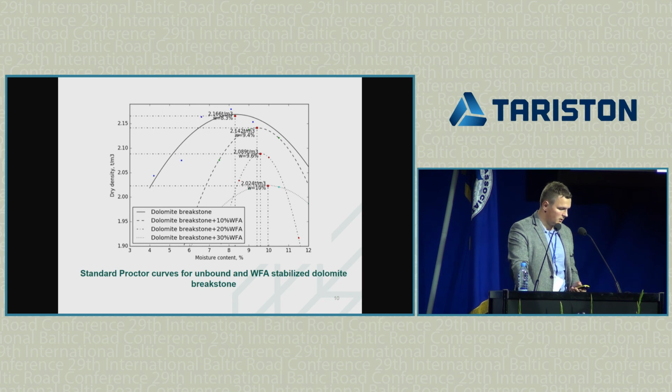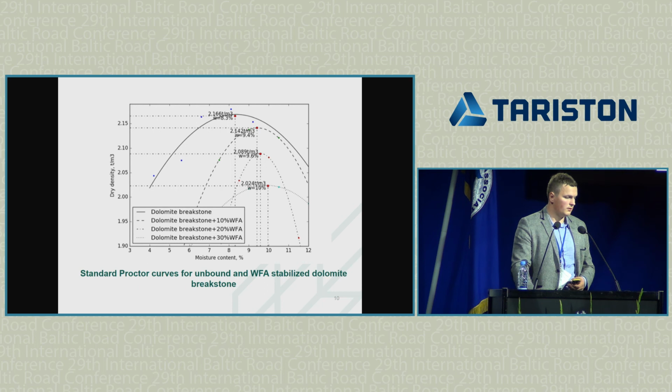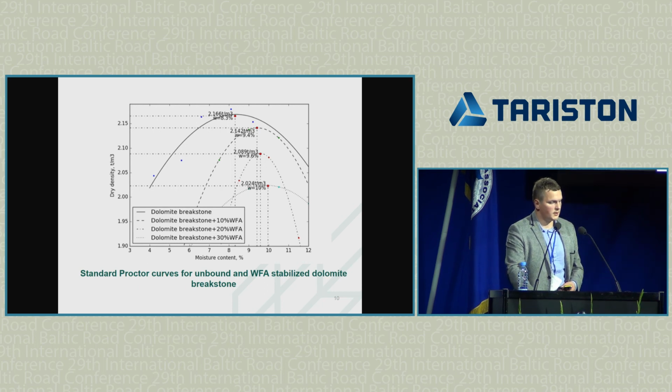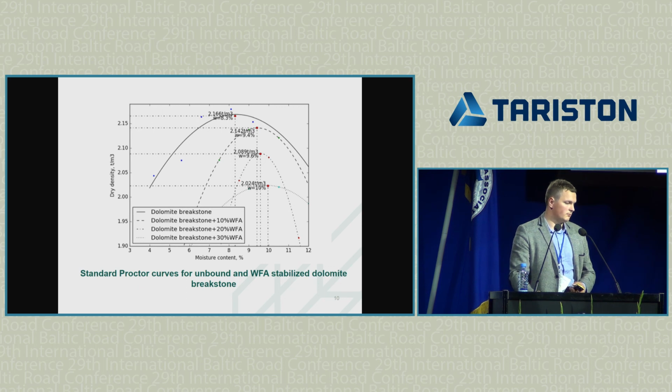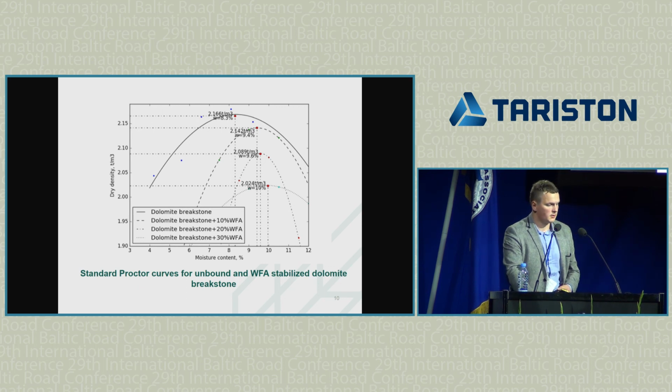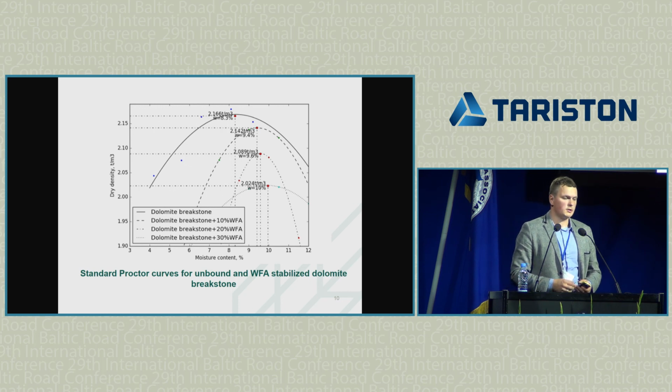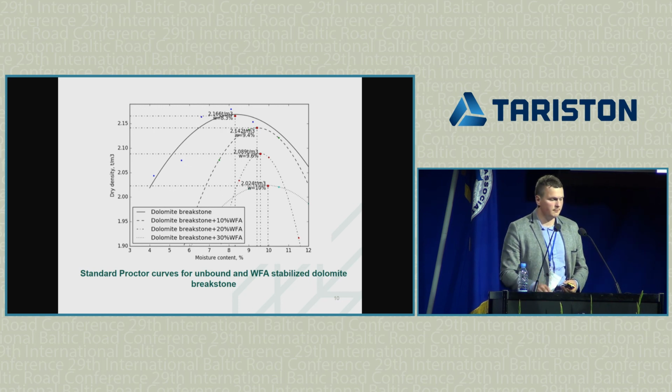You can see the shift from left to right and decreasing maximum dry density. It's obvious because first this binder attracts some water, and second, the ash itself is quite light,